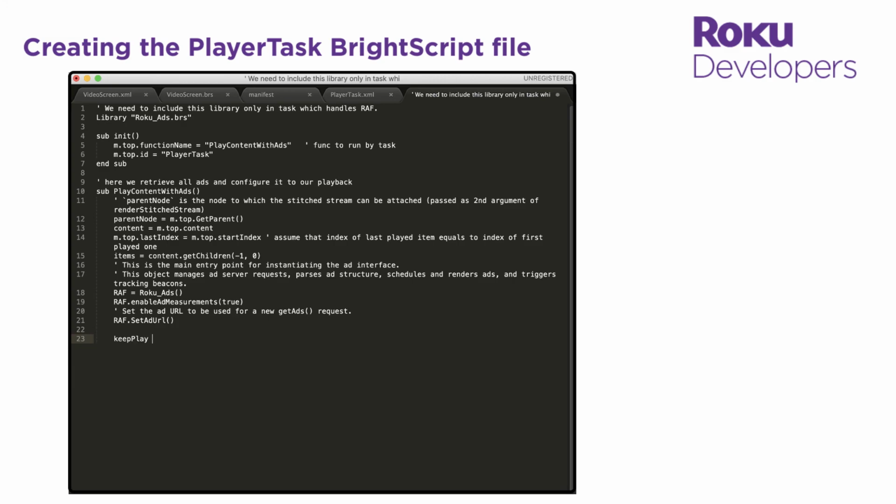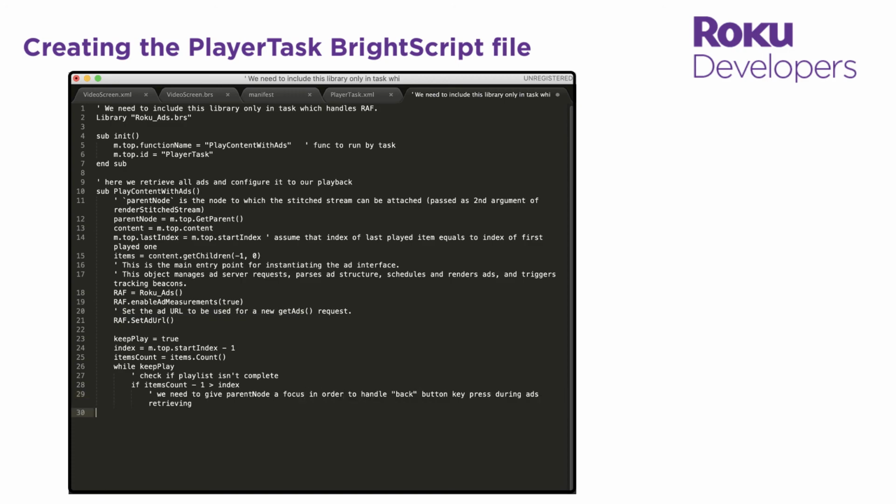And now let's set a flag named keep play to track whether the playlist has been completed. And get the start index of the selected item in the playlist and subtract 1 and store it in an index variable. Get the number of videos in the item playlist using its count method and store it in an item's count variable. Now while the keep play flag is true, let's make sure the playlist hasn't been completed. To do this, verify that the number of videos in the playlist is greater than the index of the currently selected video, -1. And if so, set the focus to the video screen by enabling the setFocus method on the